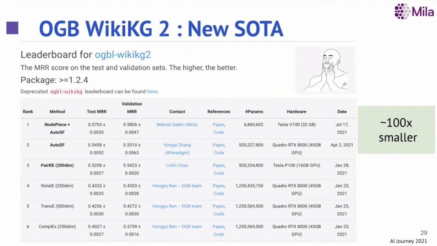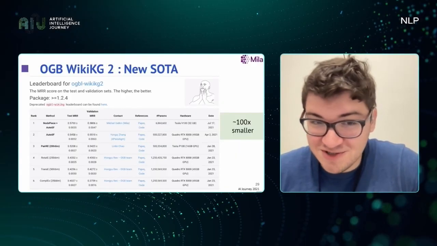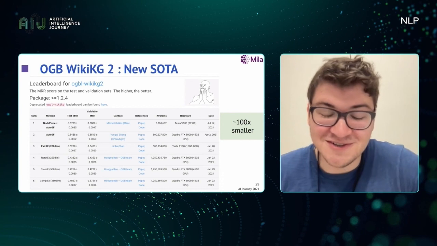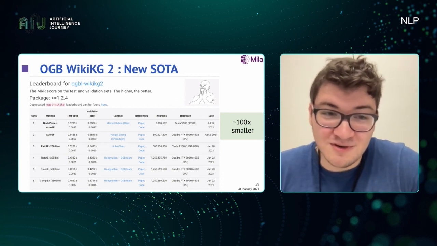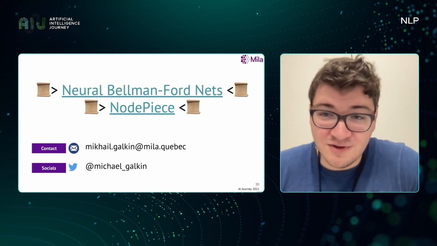Now, the good news, we have achieved results on OGB. We were using OGB WikiKG2. We created a new SOTA on this 2 million node graph. It was very quickly done, and 0.3 was the NodePiece plus AutoSF, so quite a good result. The model is 100 times smaller in size, more parameters may be fitted, saturated, and a well-performing model may be developed.